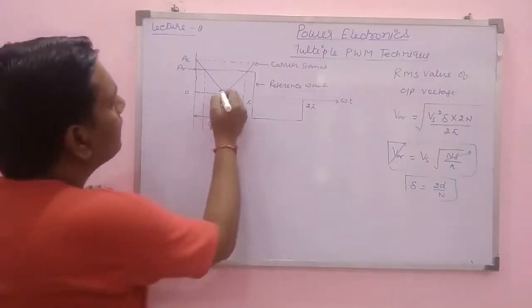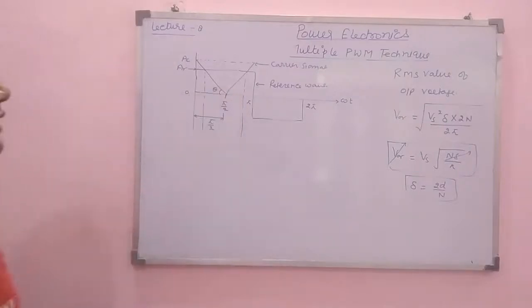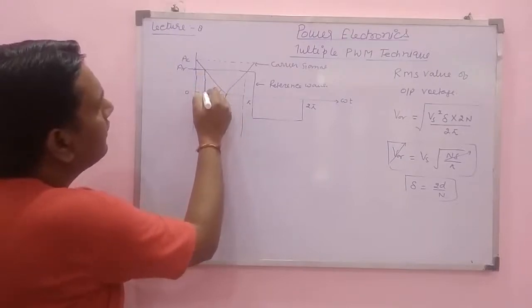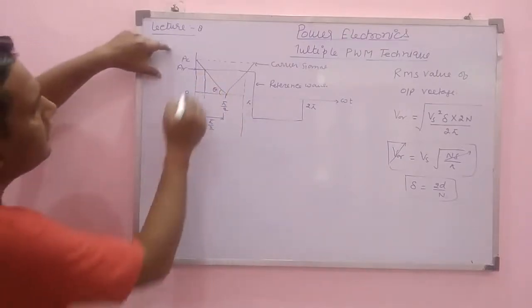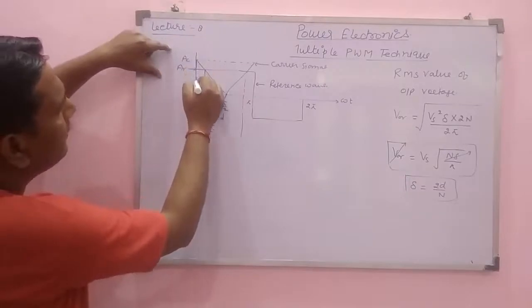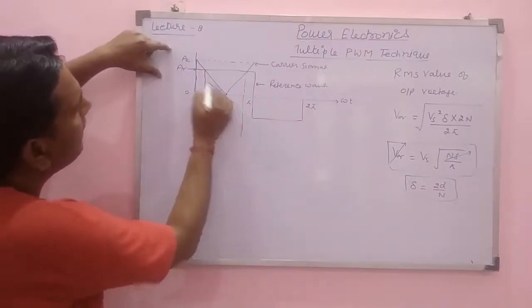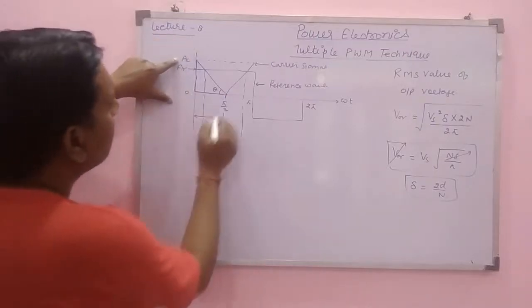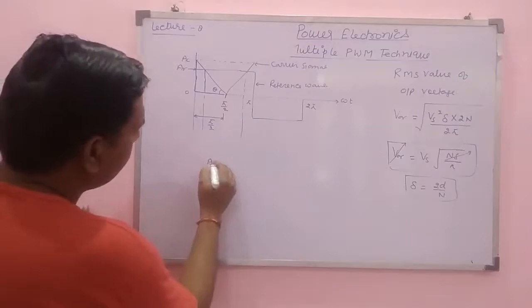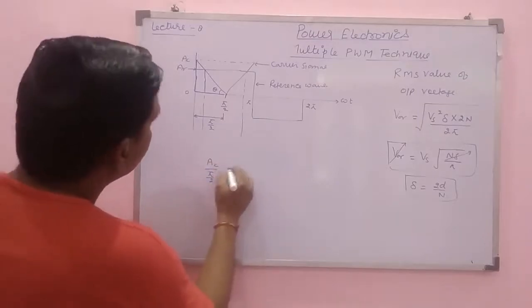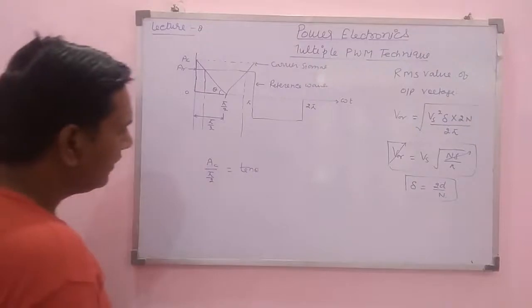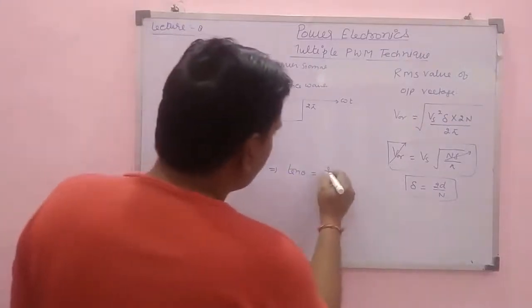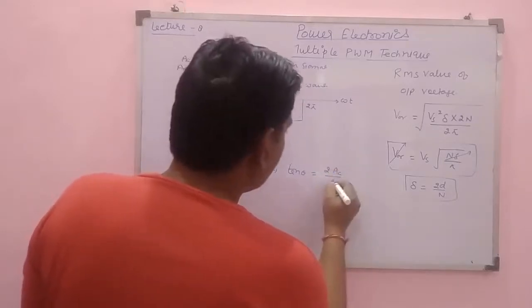Okay. So suppose this is angle theta. You can see here this angle is theta. So this is the slope of the line. So you can see in this triangle, this is a right angle triangle. You can say this perpendicular is AC, and this base is equal to pi by 2. So we can write AC upon pi by 2 is equal to tan theta. Or we can write that tan theta is equal to 2AC upon pi.